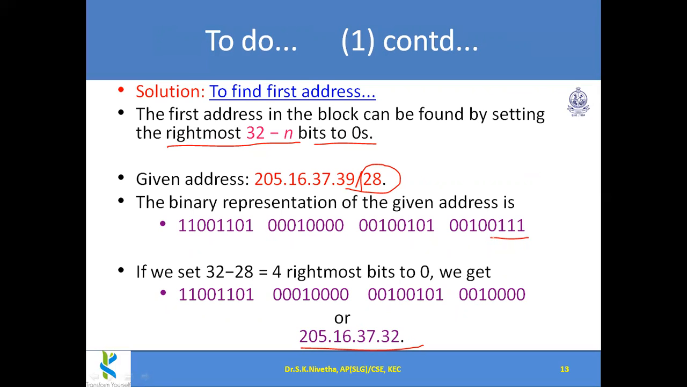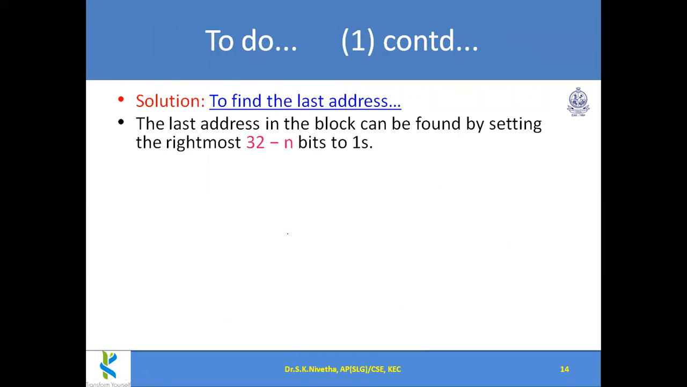So I made these 4 bits all zeros. So only this bit is there. This is 1, 2, 4, 8 and 16. One bit is missing here, one more 0 should come. So now here is 1 and this should be 0. In that way it is to be calculated. So the result is 32. Now to find the last address. The last address in the block can be found by setting the rightmost 32 minus n